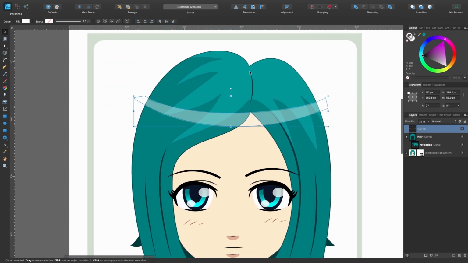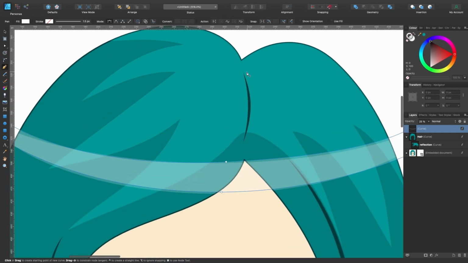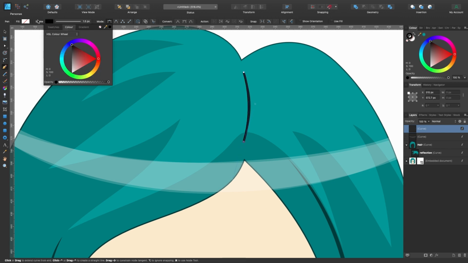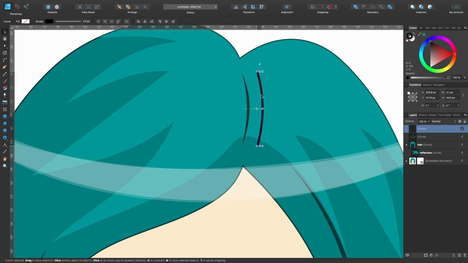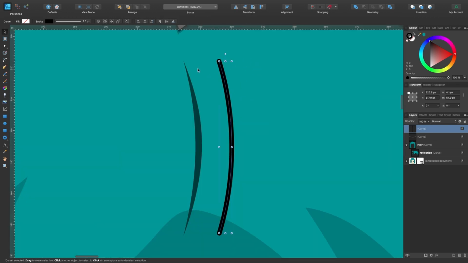Okay, let's go ahead and make these streaks. Grabbing the pen tool, I'm going to go ahead and create the first streak. So I'm going to click once there and once here, drag it out like that, head on up to stroke, click on it, let's make that black and no fill, we don't want to fill. I'm going to press V, the move tool, and just move it to the side like that. So looking at it, it's a lot thinner there and a lot thicker in the middle. Very easy to do on Affinity Designer.